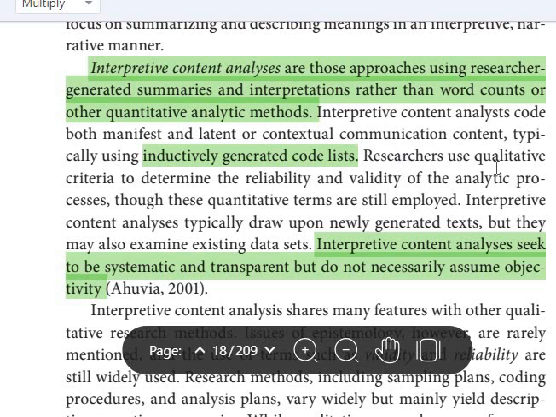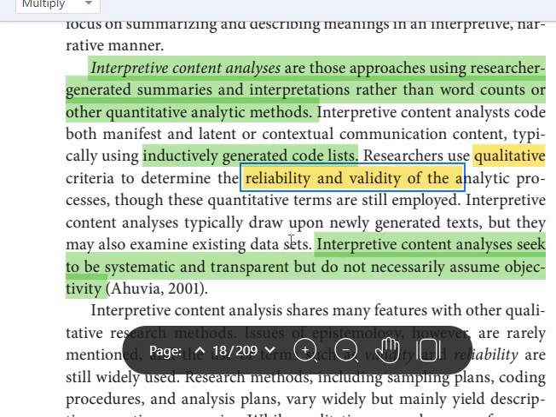Okay, here it says that researchers use qualitative criteria here. We don't use quantitative in interpretive content analysis, okay? You should remember that we use qualitative content analysis here to determine the reliability and validity of the analytic processes, though these quantitative terms are still employed. So again, we're mainly focusing on the inductively generated code lists, and my purpose is to determine the reliability and validity of my